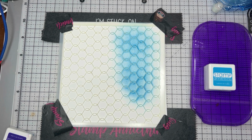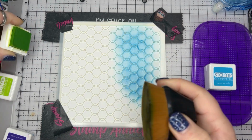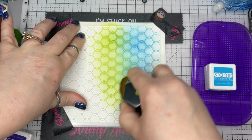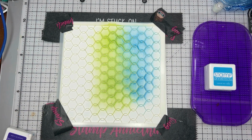Actually, let me grab a green. Hopefully I can find my green brush. Found my green brush, okay. And let's grab a green ink, because I didn't even think of mermaid scales until I started inking it. And then some purples would be really pretty in here too. Maybe we'll add some purples. So we got some blue down, we got some green down. Now let's get some